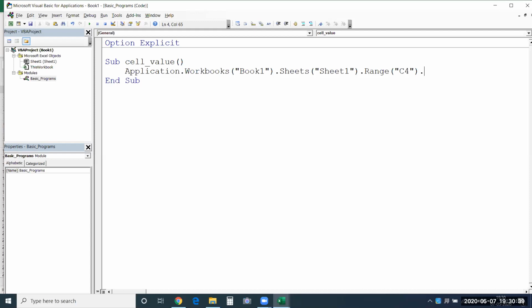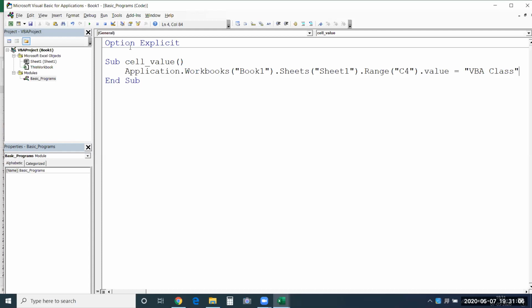So we are trying to change the cell value. Value is the property here. I want to set a value to this property. I'll say "VBA class". Since it's text that we are using, it should be provided in double quotes. If you want to print a number, you will directly put it in without any double quotes.